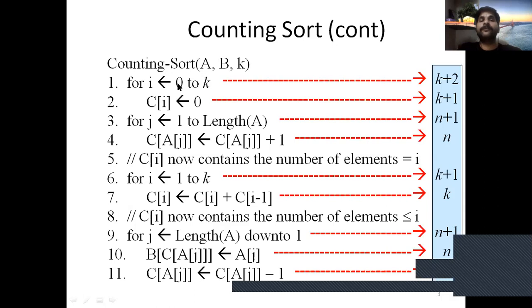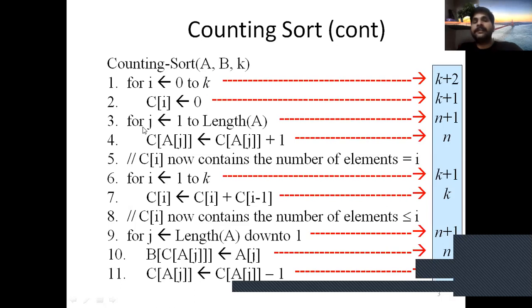The for loop executes k plus 1 times for true and once for false, therefore the total time complexity of this instruction is k plus 2. The value of C[i] depends on i, so it is executed k plus 1 times.